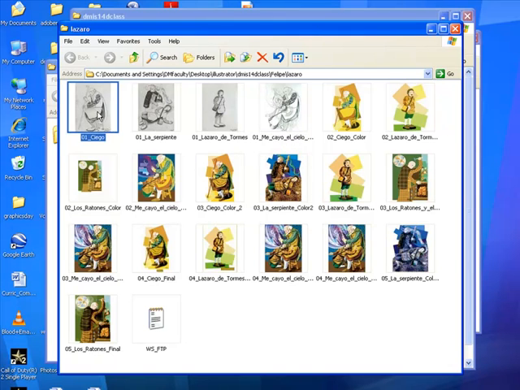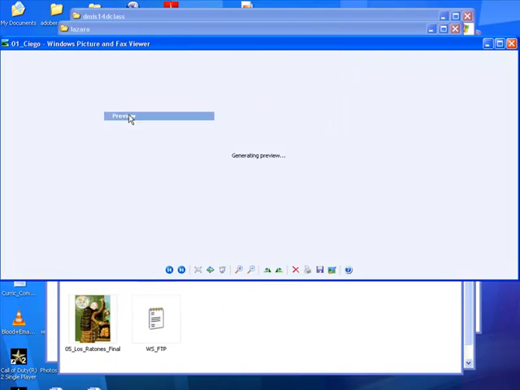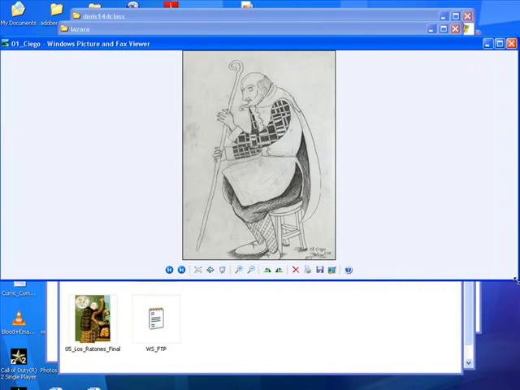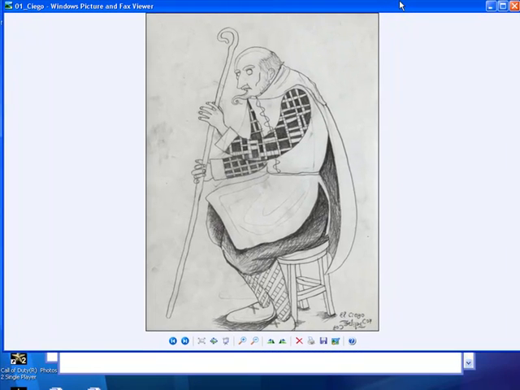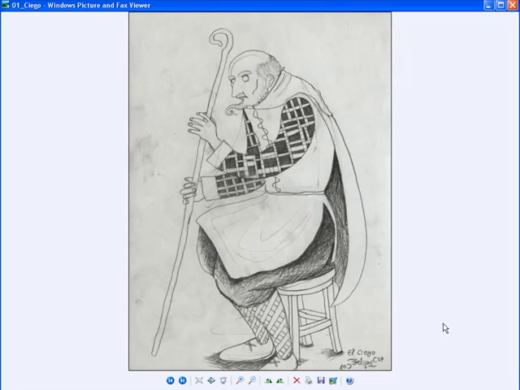So here's the first one, second one, third one, and final here. And let's just open them up in some preview or something. Okay, here we go. Oops, that's a little too big. Let's see here. There we go. So here's a sample of how my nephew, Felipe, will start with a line